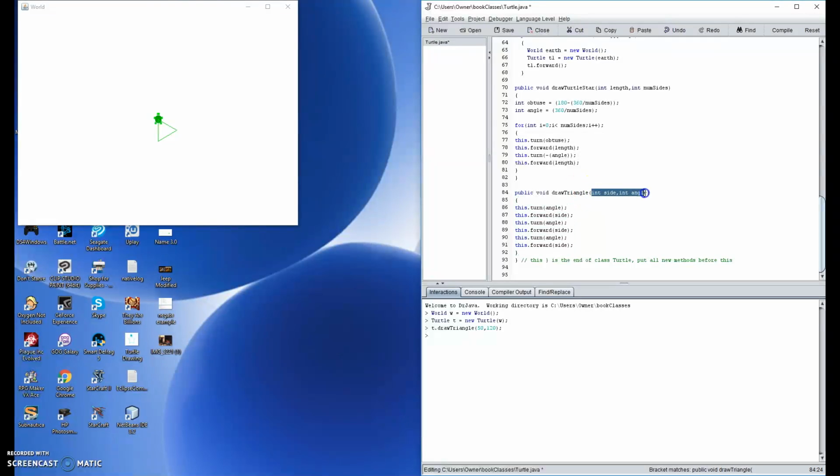Inside here, we've got our parameters, which is where I did my 50 and 120. In this case, I'm telling it I want this parameter to be the integer value for our sides, our actual length for our triangle. The other parameter I asked for is the integer for our angle. That's our 120. So going over this now, here is my block of commands I want this turtle to do